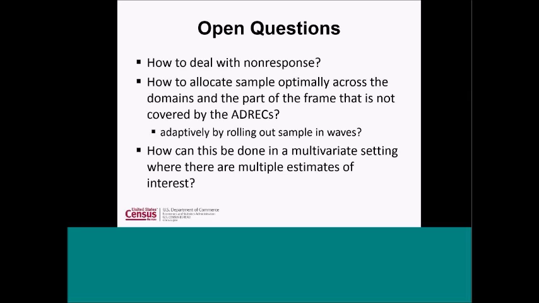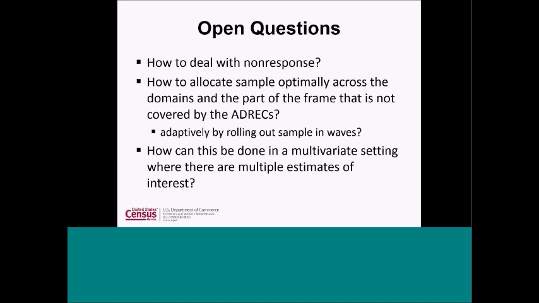There are issues there, where they use sample boosting a lot of times, where they roll out the sample over time. This is actually something that, in another adaptive design context, NCES has used, where they've used early samples to inform what they should do about other types of interventions in later parts of the survey. That's this flavor, right? You put out some sample, you learn which areas have larger amounts of error than other areas, and then you allocate sample as you go along based on what you learn about the properties of the different domains.